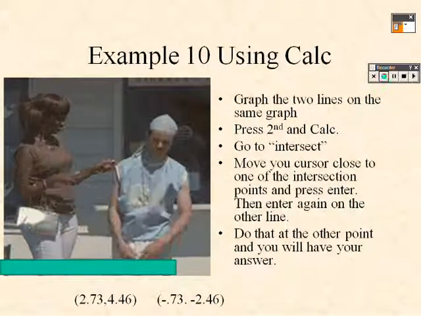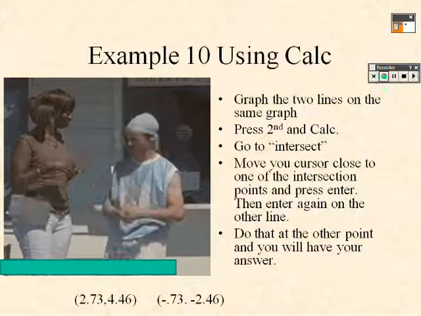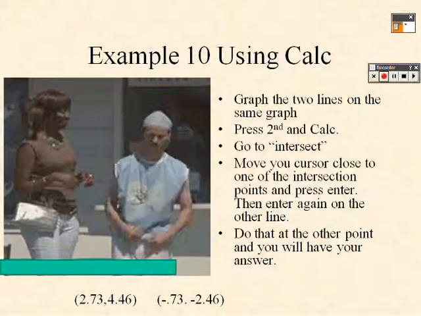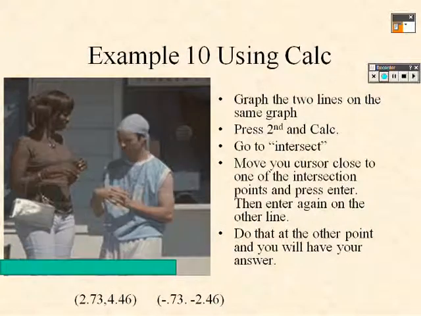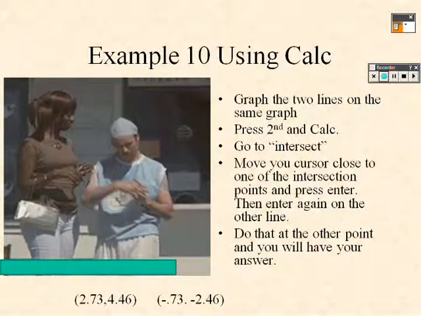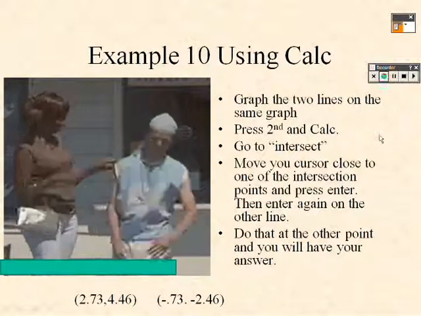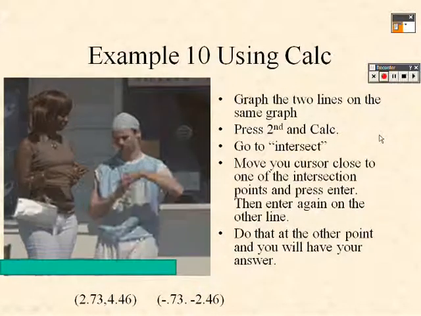So you go to second trace again, intersect, and we know that it's going to cross somewhere up here, so going close, and we end up getting 2.73 and 4.46 as our guesses of where it crosses. Okay,